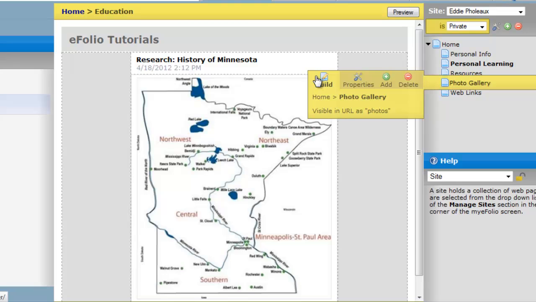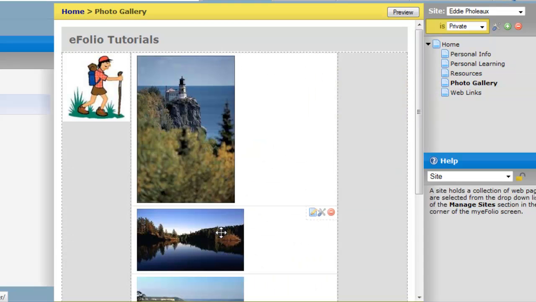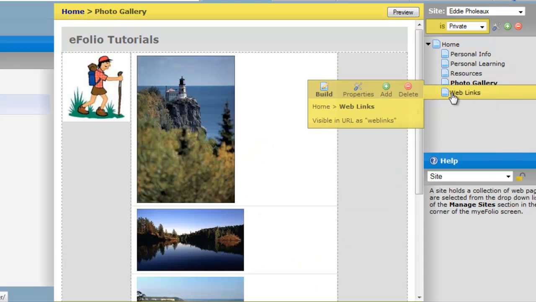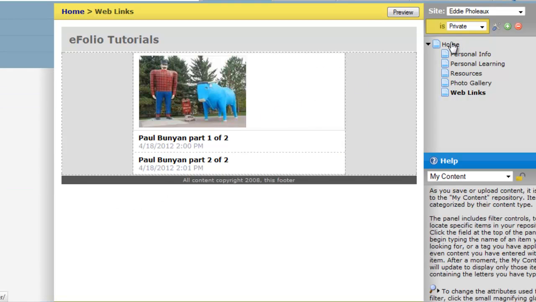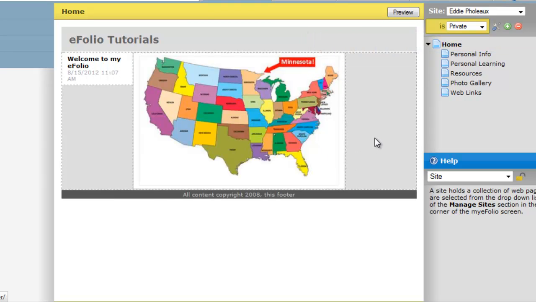The photo gallery has a number of images that have been added to it, and there are some web links that have been added into the page that you see in front of you. Well, when we were working on the other site, I was mostly looking at how to add the content and helping you see where it gets placed. Let's go in and see what happens when we preview a site that has this many pages already built out. We'll click on the preview button,